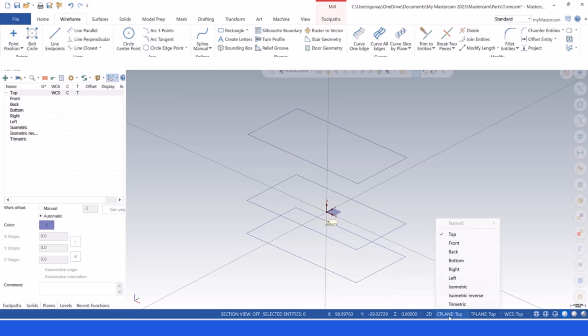Then we can change our C-plane. For example, I can hit here and then we can turn to the front view. Okay, so when we turn to the front view, we're going to see that my Z-axis is also going to change. We can also see that stuff by using the